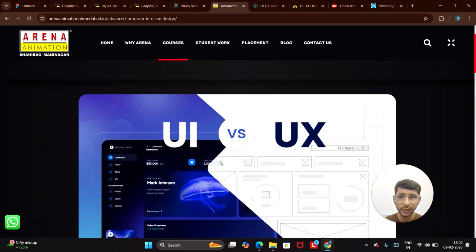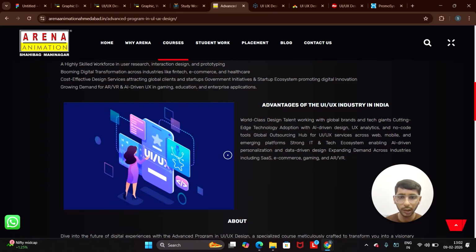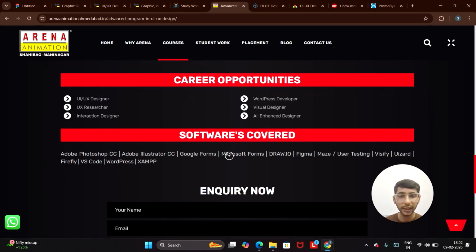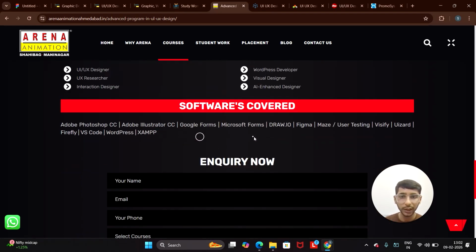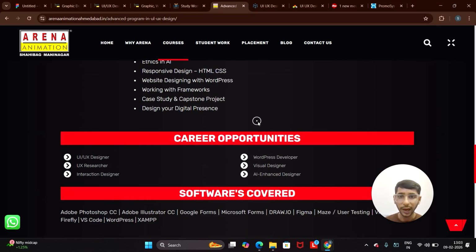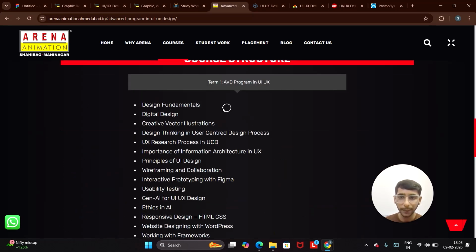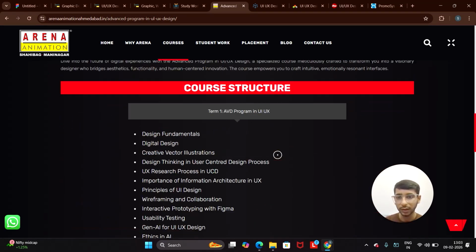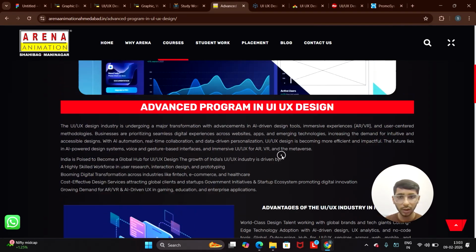Overall, the course is okay-ish, not 100% good, because they didn't mention any AI tools, according to their name. Arena Animation is the most popular institute in India, but they didn't mention any course related to AI tools and Adobe Sketch, Adobe XD, and also didn't give any details or depth in the UI UX course in these fundamentals. They also didn't provide any 100% surety in placement options, course fees, or course value. So it's a 50-50 for me. I'm not getting a 100% vibe on this course.